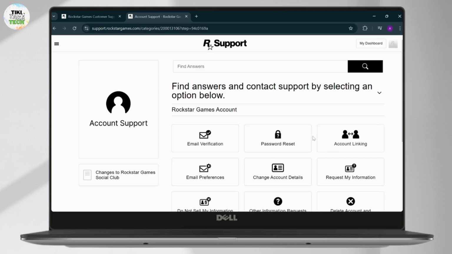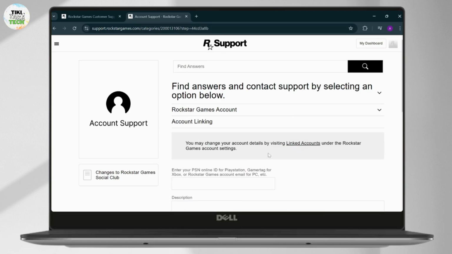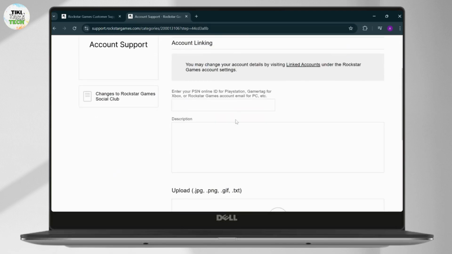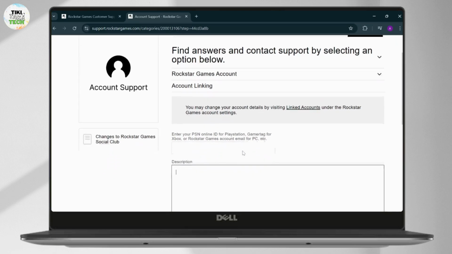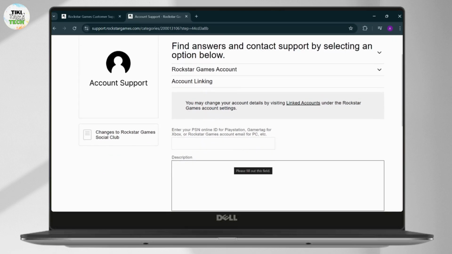After you're on account support, go to account linking, and under account linking, you will have to enter your PSN online ID or any ID that you have, and put in a description. Now under description, you will have to type in your Social Club ID and also your Epic Games ID. And after you add both of them in, you'll have to just type in and say I want to unlink